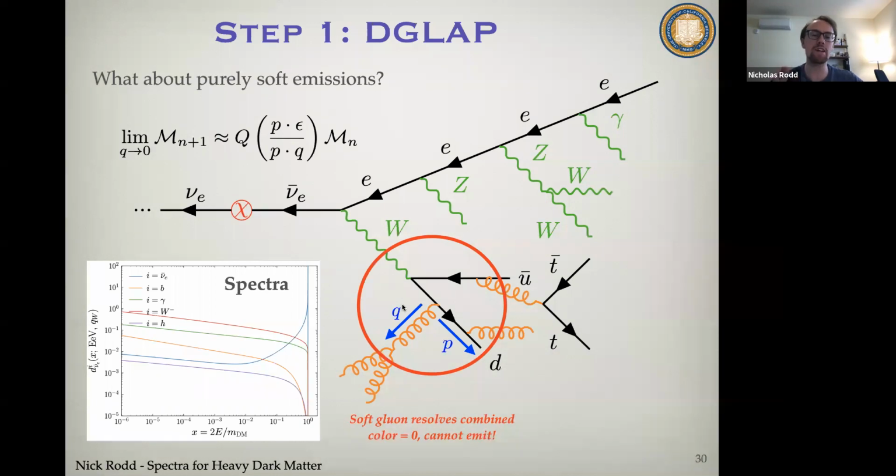So the DGLAP equations account for collinear and soft collinear splittings, both of which are enhanced, but it does not account for purely soft splittings. For purely soft splittings, famously, the amplitude will obey a factorization expression where you can take the amplitude for emitting this soft particle and relate it to the amplitude without that soft particle, and they're just connected by this famous eikonal factor, which is written in terms of the momenta and polarizations as written here.